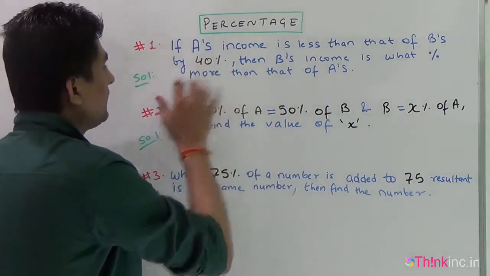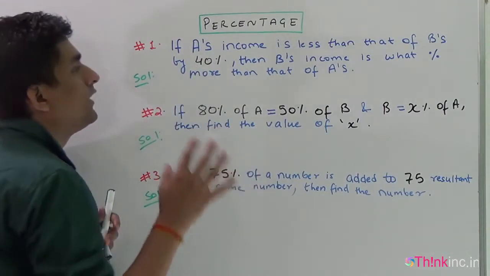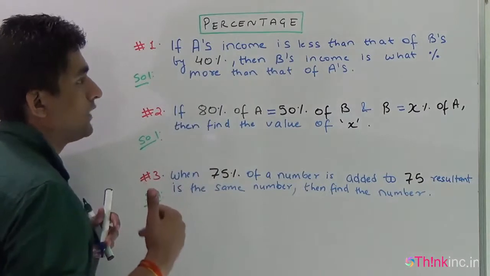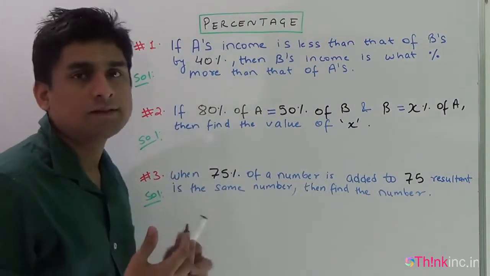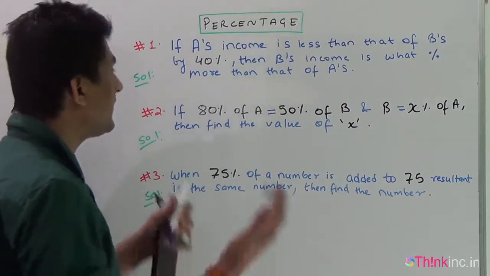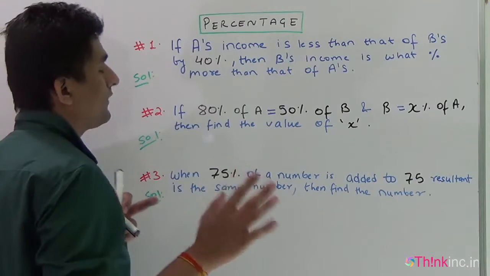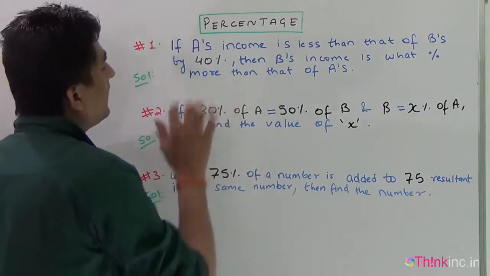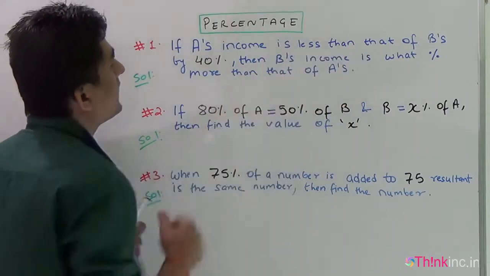Here the relative value, in the form of percentages, is 40% given. So I am making a general value substitution. Now a question would arise in your mind: whose income should we consider to be 100? So let us try assuming A's income to be 100. Then we will try to find B's income.